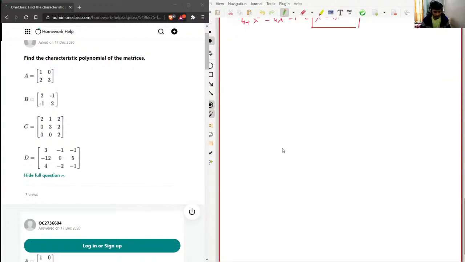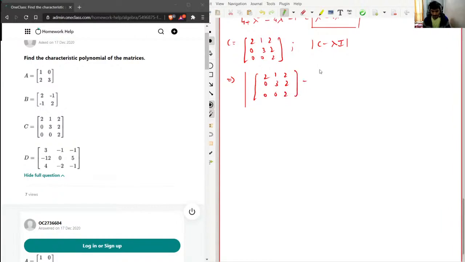I will go with the C matrix now. So C is a 3 cross 3 matrix. Let's see how much lengthy calculation we have to go for. 0, 0, 2. And then again for the characteristic polynomial, it will be the determinant of C minus lambda times I. So this will be determinant of 2, 1, 2, 0, 3, 2, 0, 0, 2